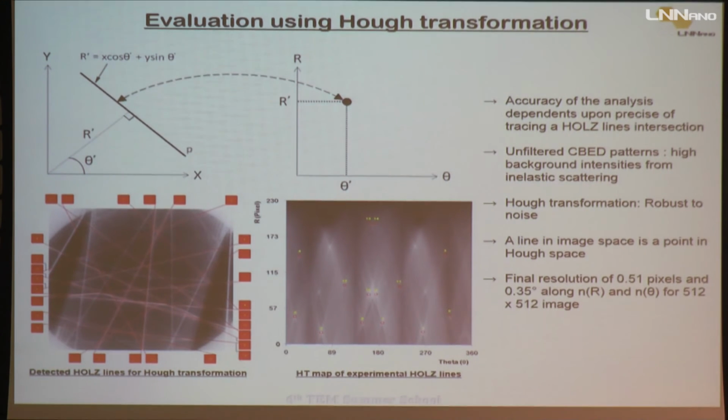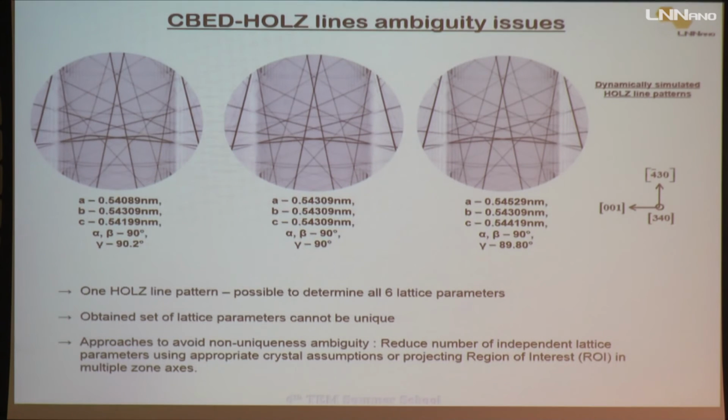And here I'm able to analyze for a 0.5 pixel and 0.35 degrees. So it's really very good if you're working around strain analysis using this Hopf transformation. And one more problem with this CBD is